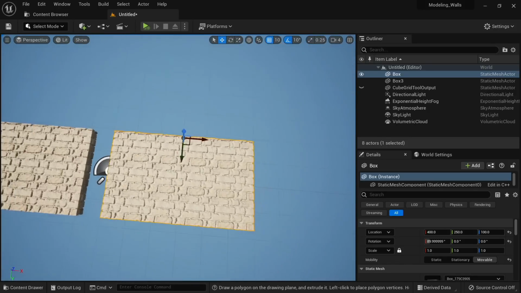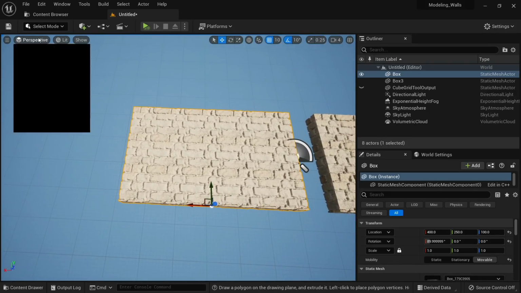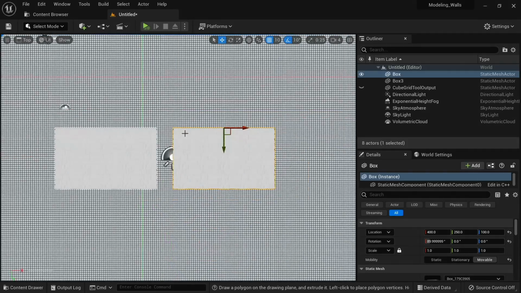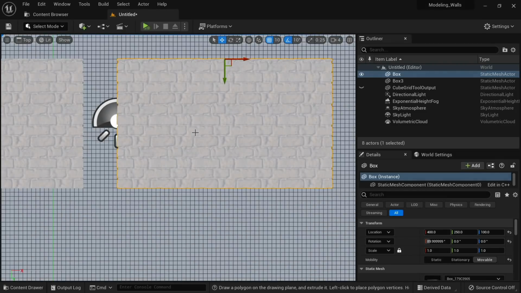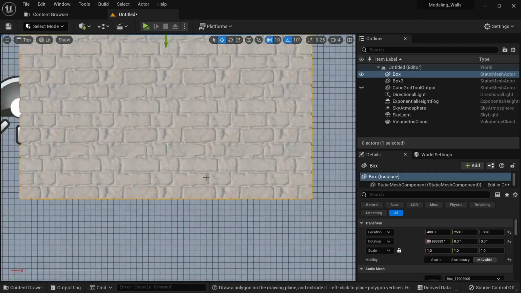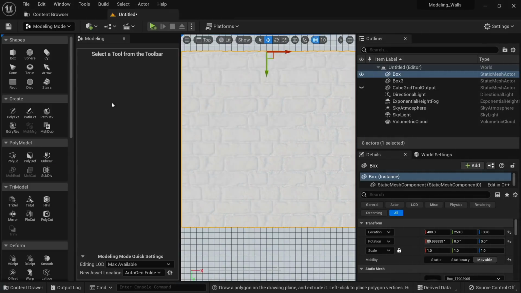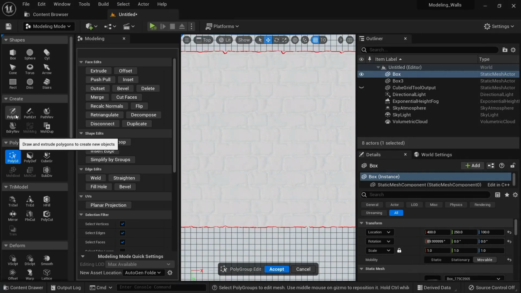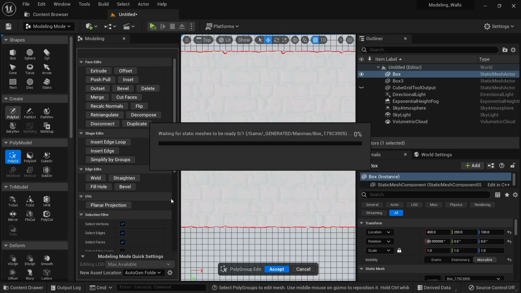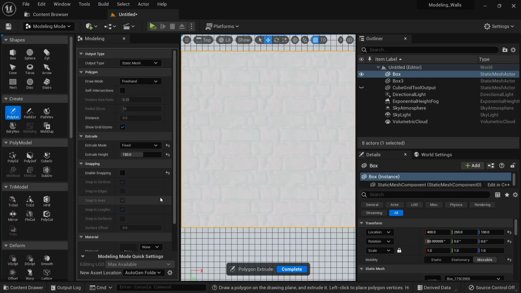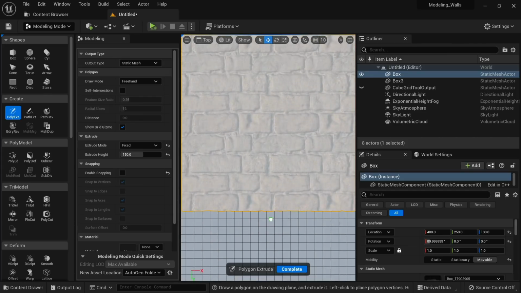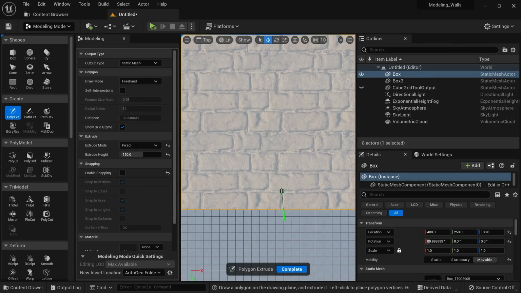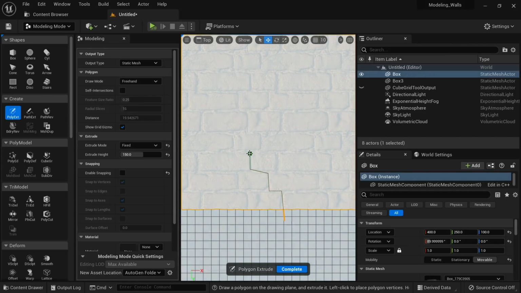So let's destroy this one, and we're going to go to the top here, and we're going to use the delete mode, it's fine, it's okay. So just by doing that, we can go to modeling and go to our poly extrude here. Let's go to poly extrude, and now we can just copy here. So we can basically trace a line like this,